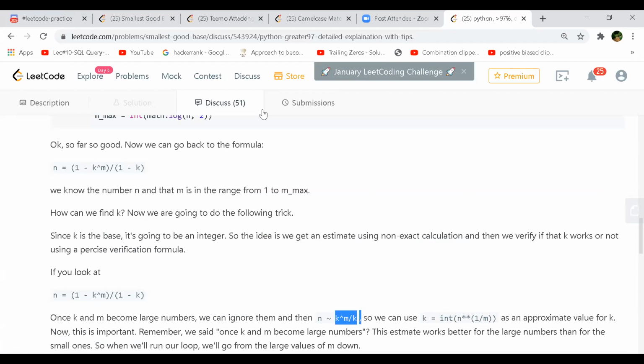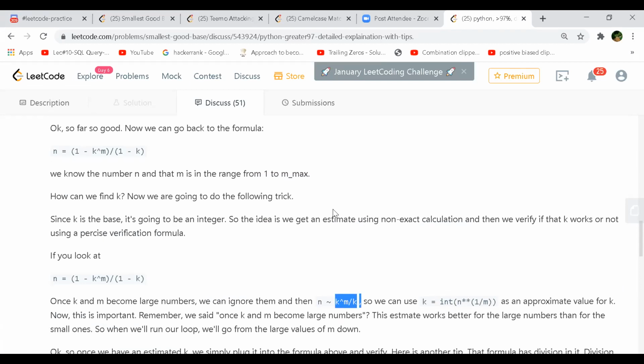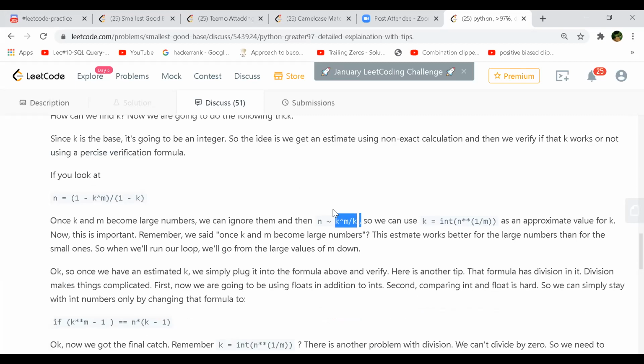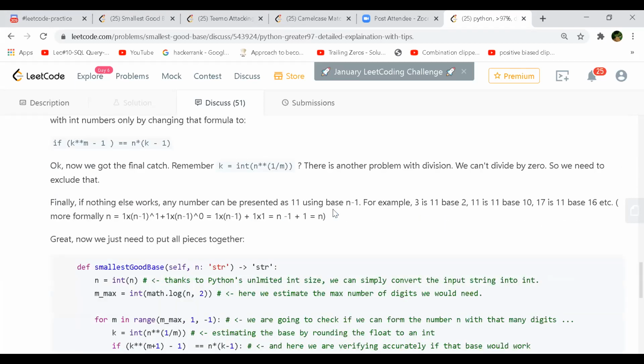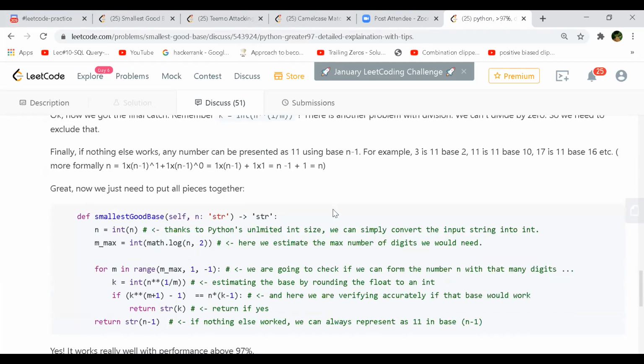Oh, so he is actually taking that exact value of the mth root of n and he's verifying that. I'm not sure how, it will not work. One by mth root it is, right? Not the mth. Oh sorry, yeah, mth root only. The mth root of n. Yeah, probably because of the integer truncation, maybe he's doing it. I don't know.